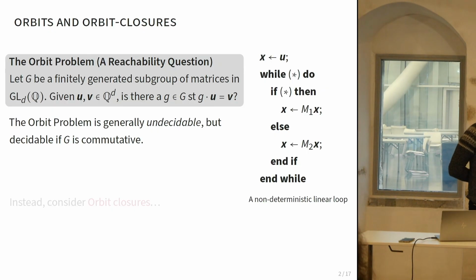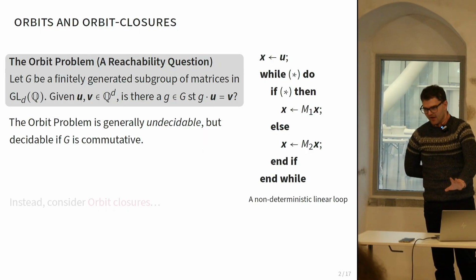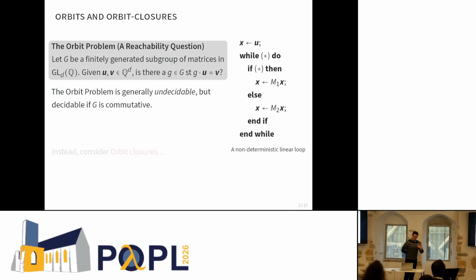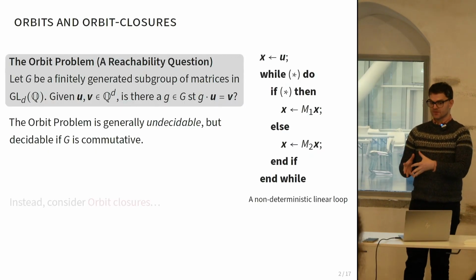So this orbit problem has been long studied. In particular, if you take a general matrix group, the problem is undecidable. But it's decidable in the commutative case. And in fact, from about the early 70s, if you worked with just a cyclic group, so a single generator, you could actually decide this reachability question in polynomial time. So with this idea that the problem of reachability is generally undecidable for matrix groups, why not make your life simpler? And by simpler, I mean we're not going to consider orbit questions properly, but orbit closures.